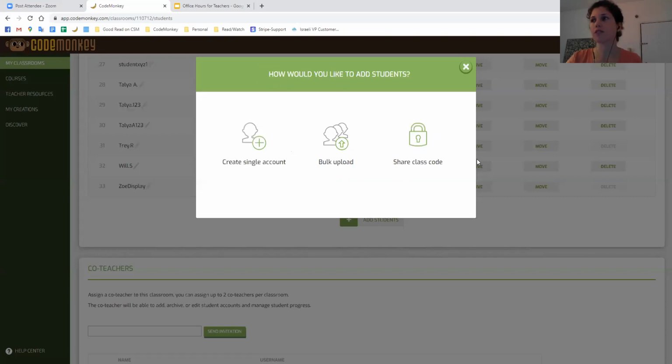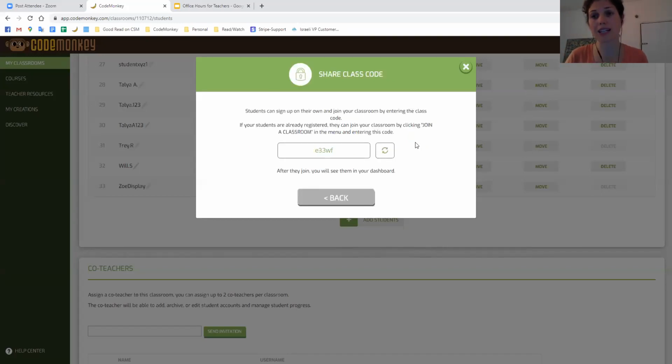The third way, and this might be a very relevant option during these days when students are joining from home, is what we call joining using a class code. This is a great option if your students are joining from home. They can either create their own CodeMonkey accounts and then join the classroom using the class code. Each classroom has its own unique code, so you share that with your students, and then they can either create their own accounts and use the class code to join the classroom, or they can use one of their already existing accounts, such as their Google account,